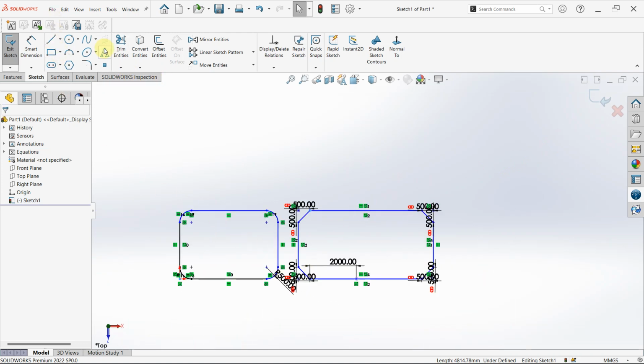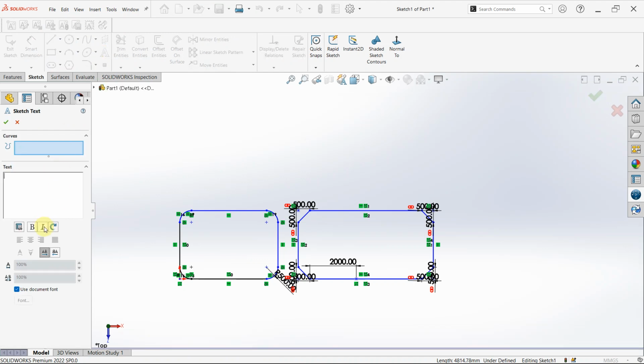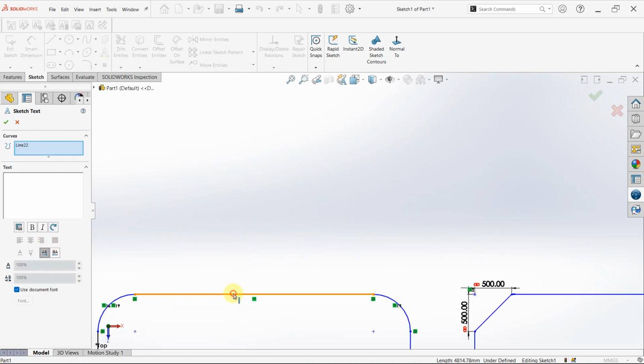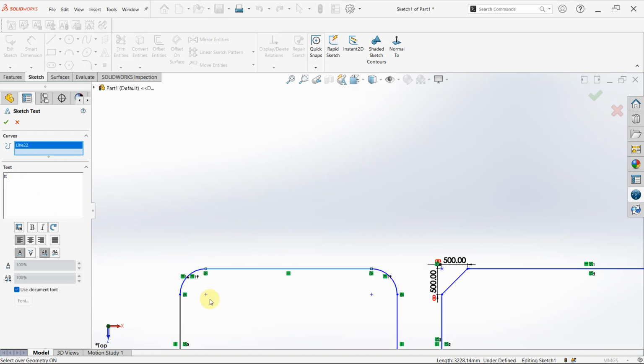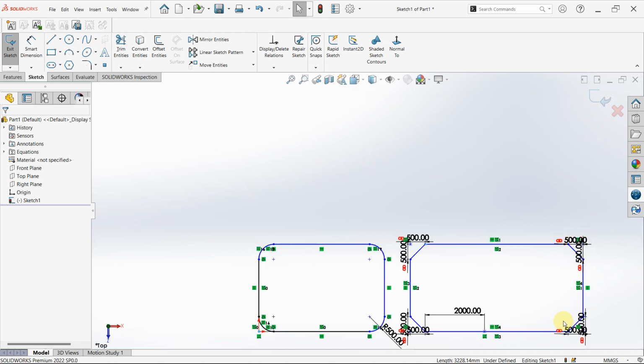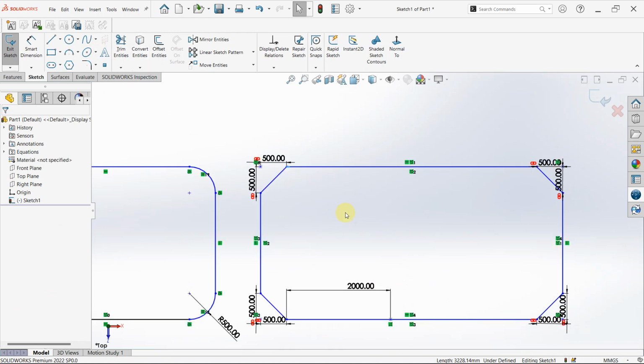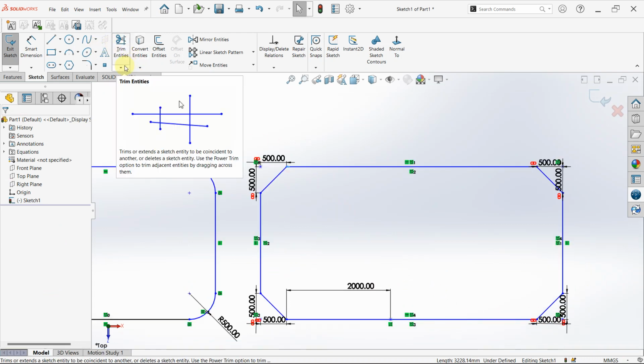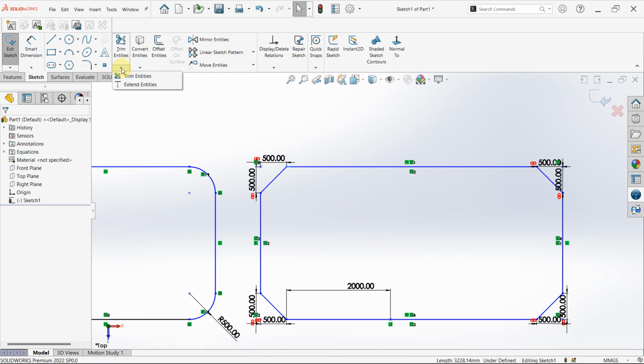Okay, it's not showing. I don't know why it's not showing up. But let's go to some other entities that we can use in SolidWorks, like trim entity